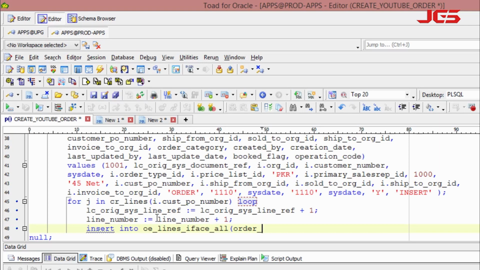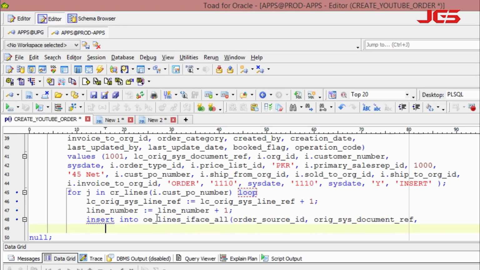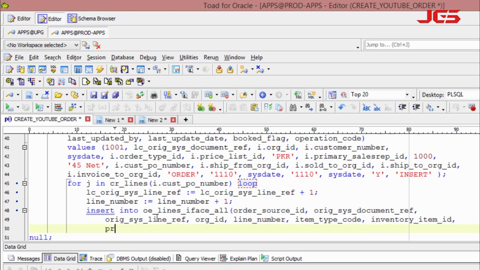Fields we need to insert are order source ID, Oracle document ref, Oracle line ref, org ID, line number, item type code, inventory item ID, promise date, schedule date, ordered quantity,